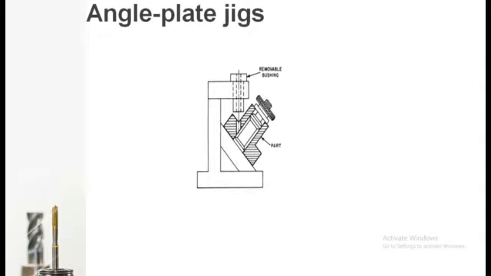Thus you can rest the workpiece at a certain angle, and through the bushing you can guide your drilling tool and drill at the exact desired location. So here the base angle, which is shown at the bottom, determines at what angle this drilling hole is carried out against the vertical. So these are the parts of jigs that we have seen in the last lecture.